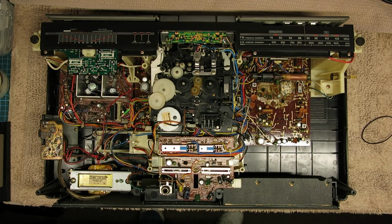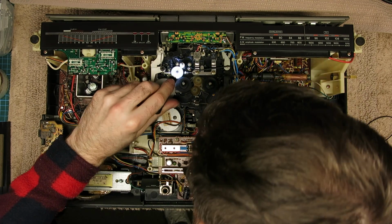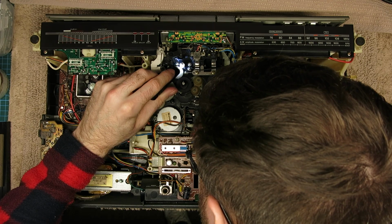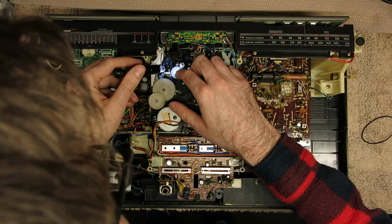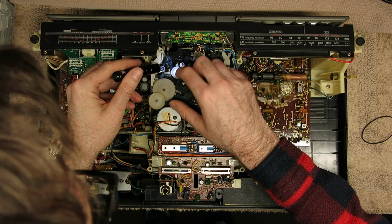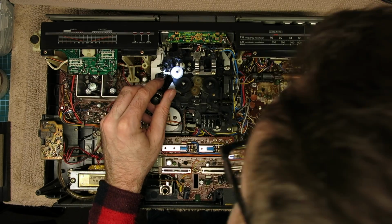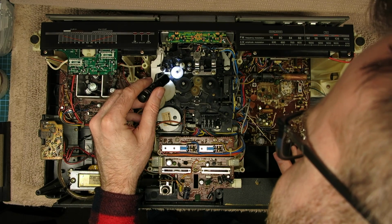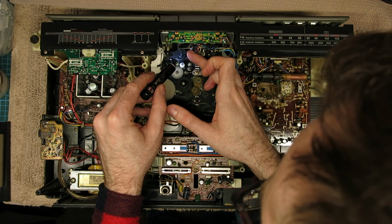I can see from here that capstan sleeve looks like it has melted, and some of that is probably what's migrating to this idler tyre, which I might have to replace because one of those didn't come in the kit. And the pinch roller,